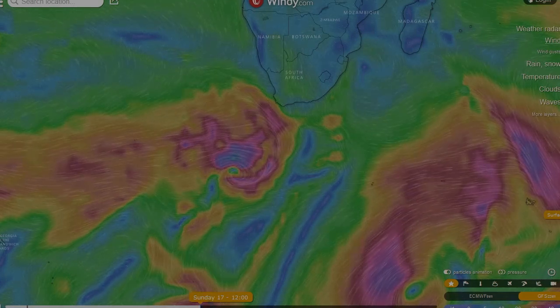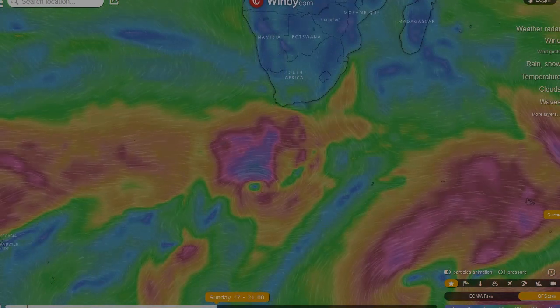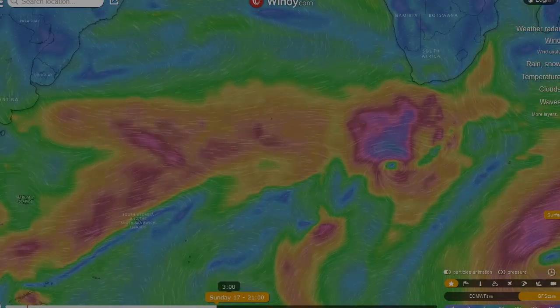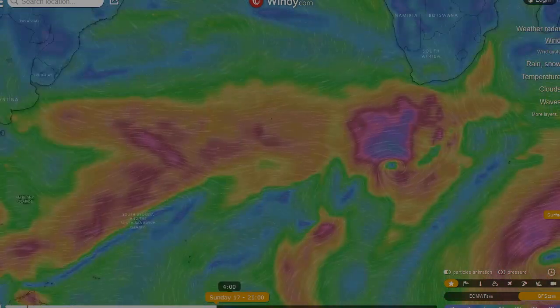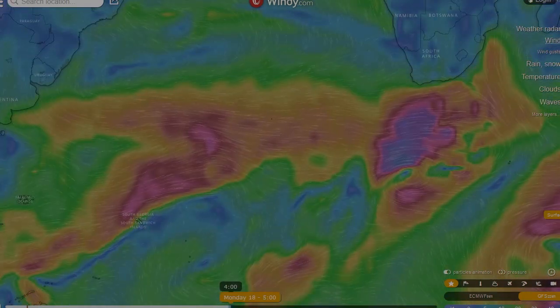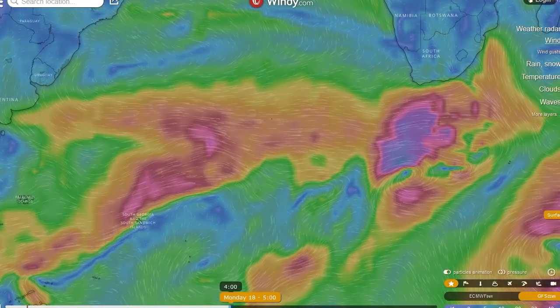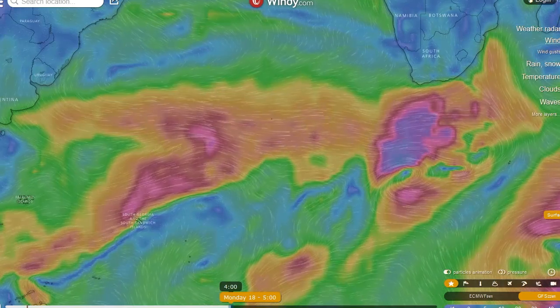But then there is so much disturbance in the storm as it forms stronger and stronger on Sunday, and there is enough energy in there to just clip the coast with some swell next week. And as you can see, a very long area of wind. In fact, it's stretching pretty much from South America all the way to South Africa. Yeah, and if you had to look at the storm here,